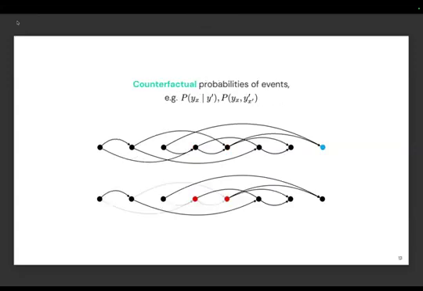Now, just for completeness, though, I'll talk mostly about interventions in this talk. You can also reason about more sophisticated statements about the world, right? And these are so-called counterfactual probabilities. And they typically mix statements about two different hypothetical scenarios, right? So maybe questions like